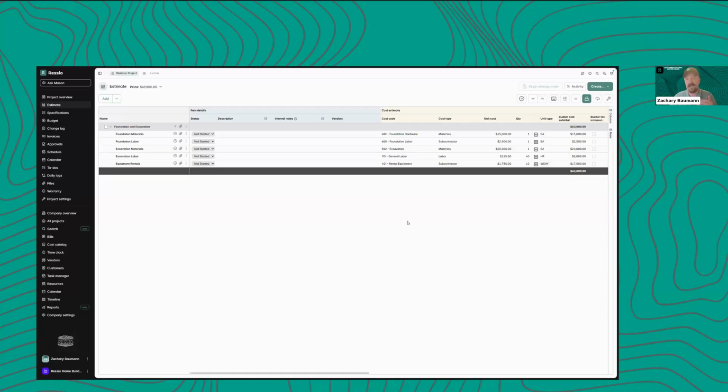You could simply download it and add it to the files section, but there's no plan at this time to share the estimate page with customers, since it does have a lot of information that not every builder is going to be comfortable sharing with their customers. That's often why we have builders share the budget page, the specifications page, things like that as well, but really good for future feedback.